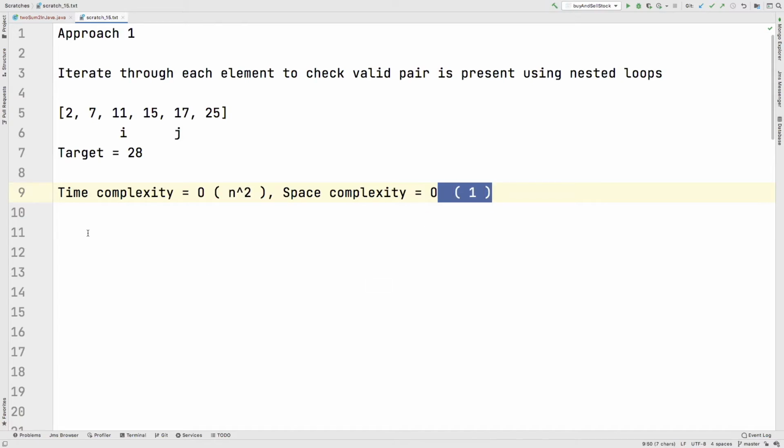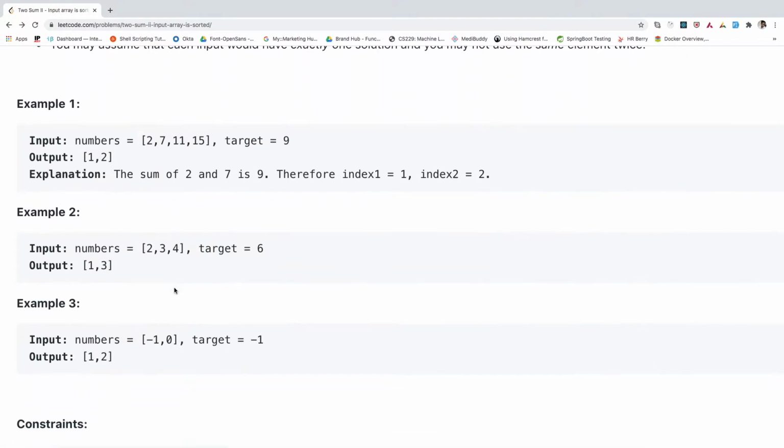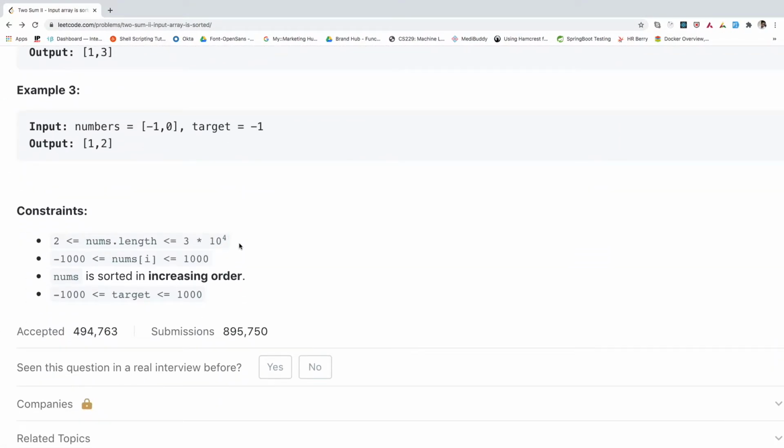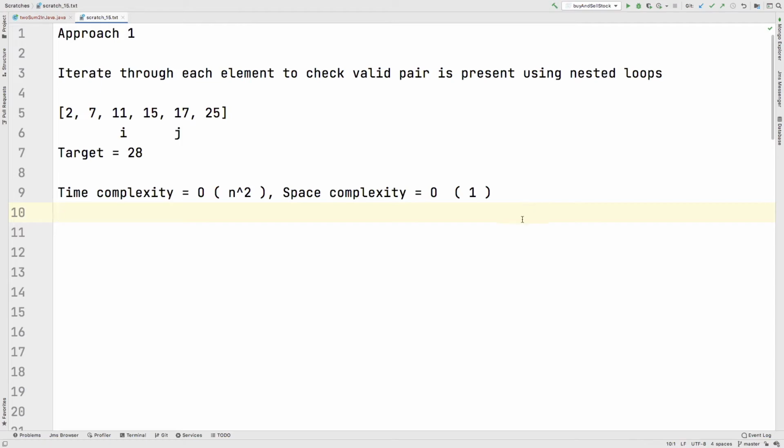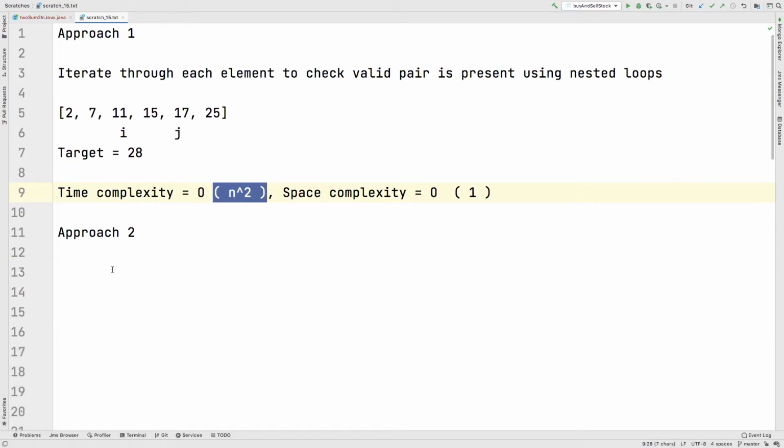So next we'll see if we can optimize this, because if you see in the given problem the number of elements is huge. So if you write a brute force solution you will definitely get a time limit exceeded error. Okay. So now we'll see how we can optimize this. So in approach 2, we can think of using some data structure so that we can optimize the time complexity. So what we can do is we can simply use a hash map.